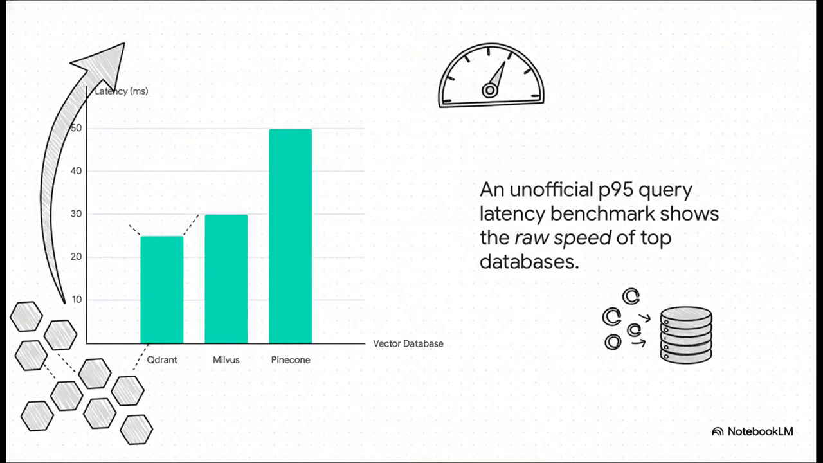Okay, but how fast are they really? This unofficial benchmark gives us a pretty good snapshot. Now, you got to take any benchmark with a grain of salt, but look at this. Qdrant is leading the pack at just 25 milliseconds for 95% of its queries. Milvus is right on its heels. Pinecone is a bit further back, but hey, we are still talking about searching millions of items in the blink